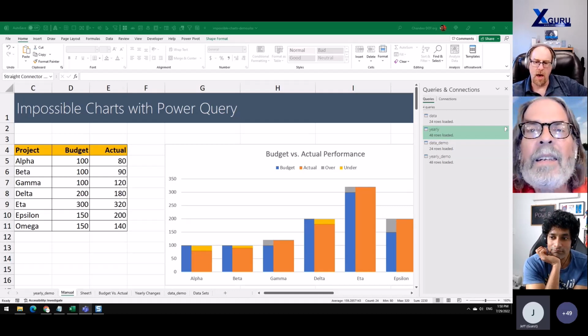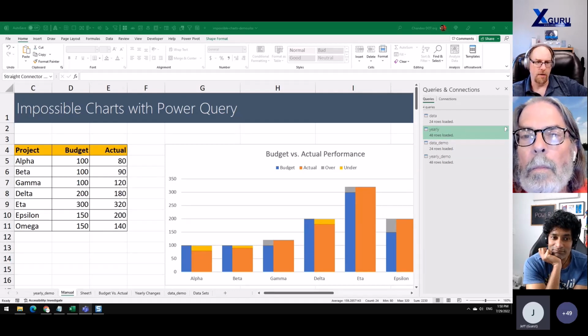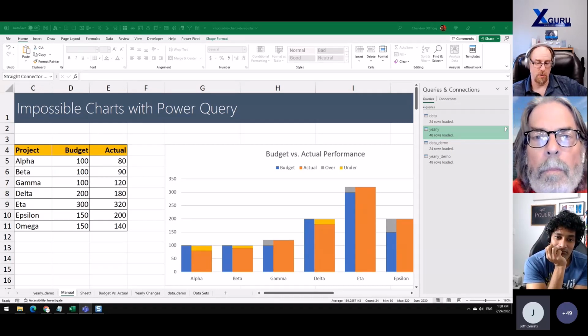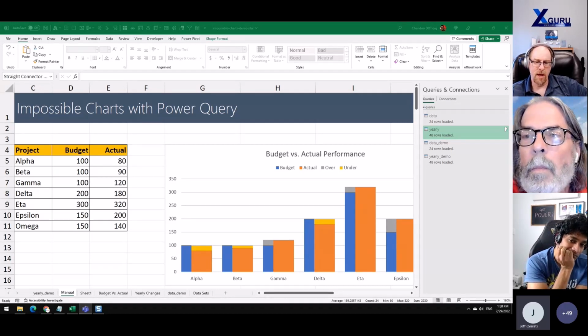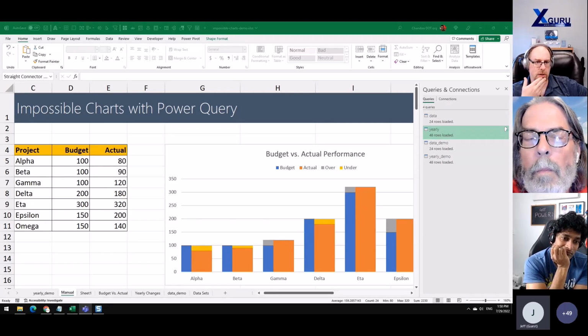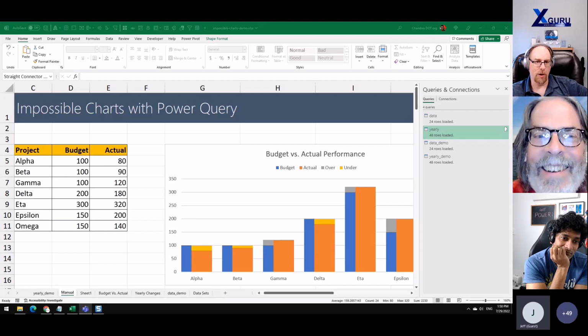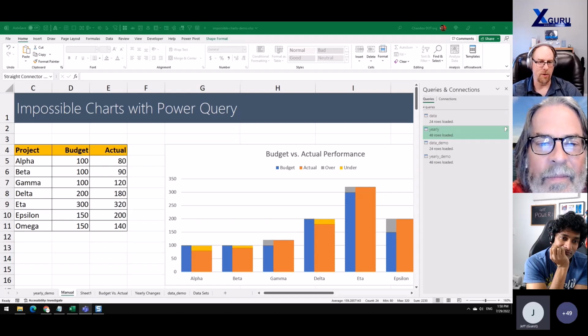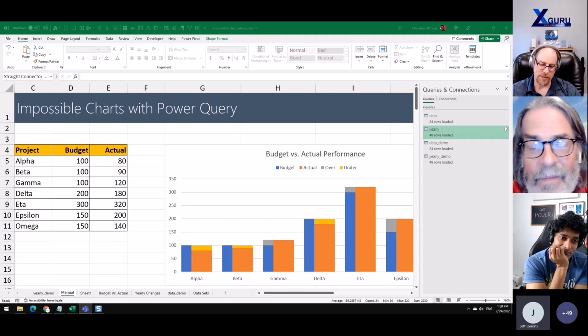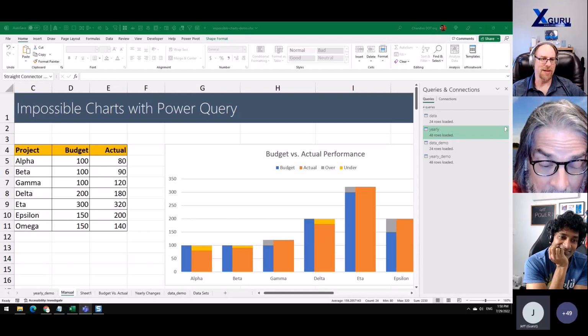How is it treated? I got to tell you personally, one of the things that I found fascinating in this, Chandoo, is I've actually never seen table from rows used before. And for you to go through and actually bust that out and break out the entire table that's there. John will tell you, I remember years ago sitting in a hotel room in Auckland trying to prep data using Power Query to drive a waterfall chart, so that we could do some comparisons there. And it was just a nightmare to try and get into the right format. And I'm looking at it going, where has table from rows been all my life? That would have made it so easy, right?